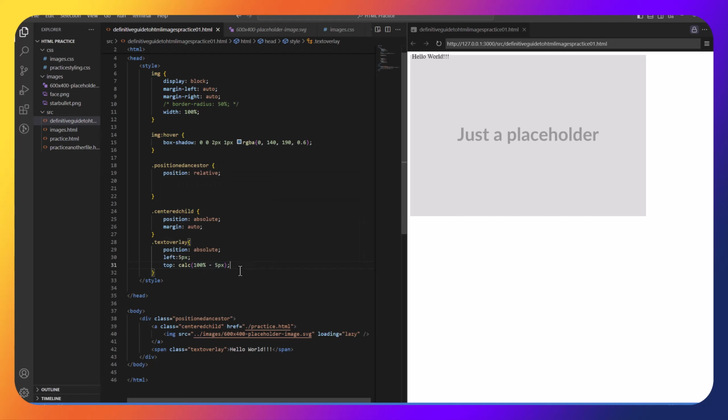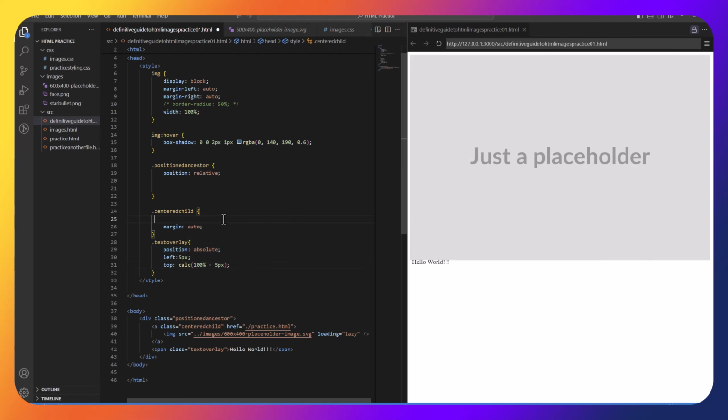And the height of a div is determined by the height of its children. Since both of its children are floating, the div has a height of 0. So if I make the image not absolute anymore, as part of our initial cleanup,